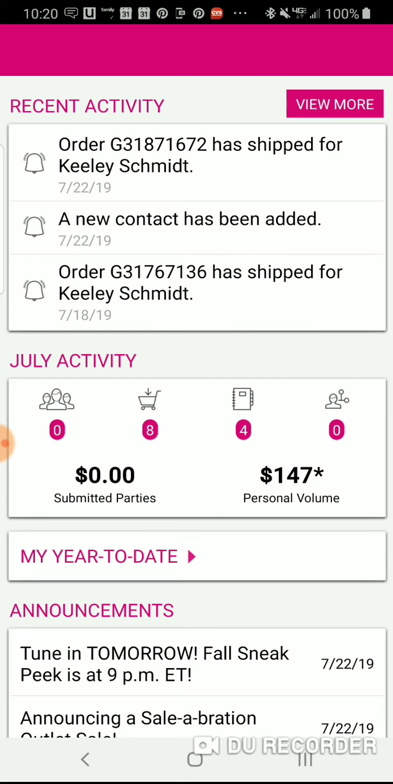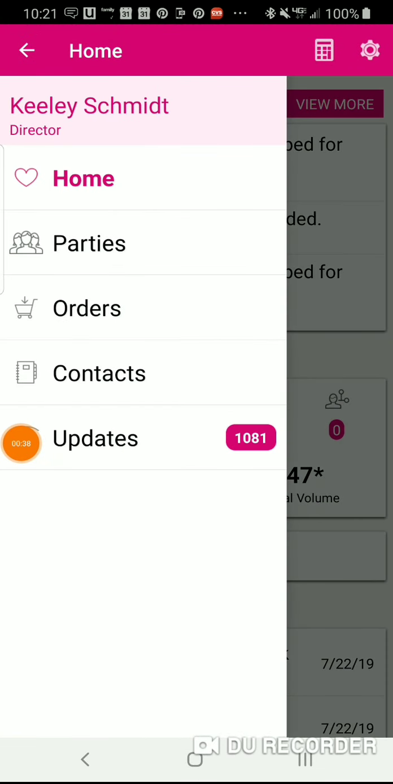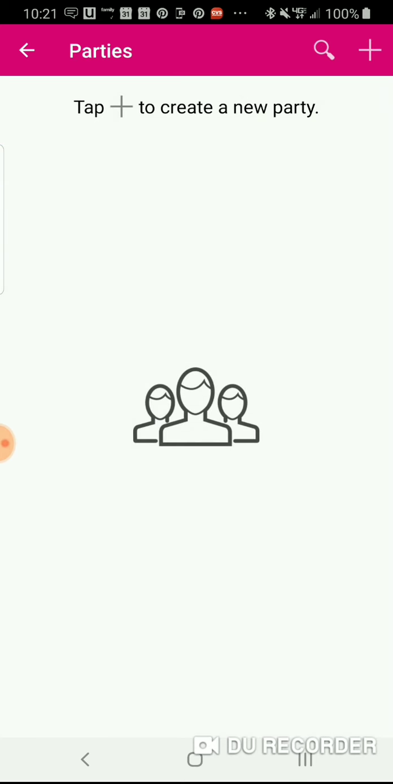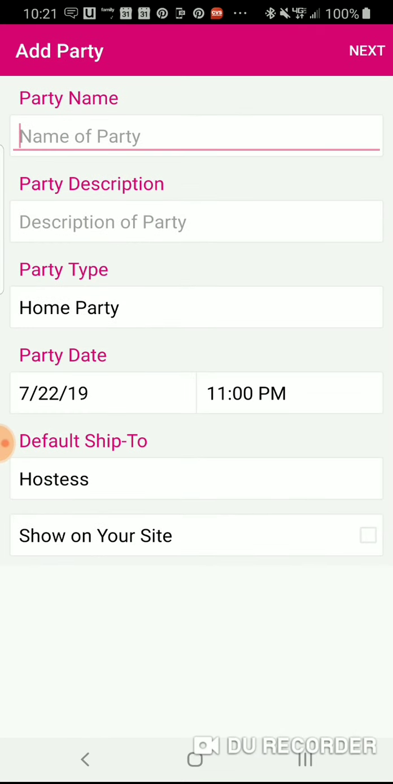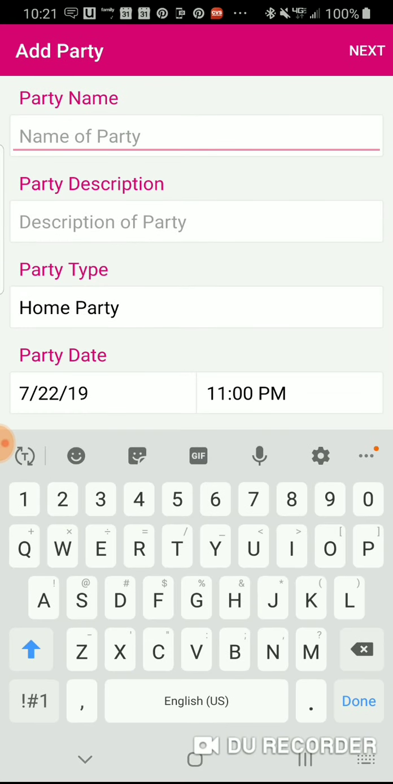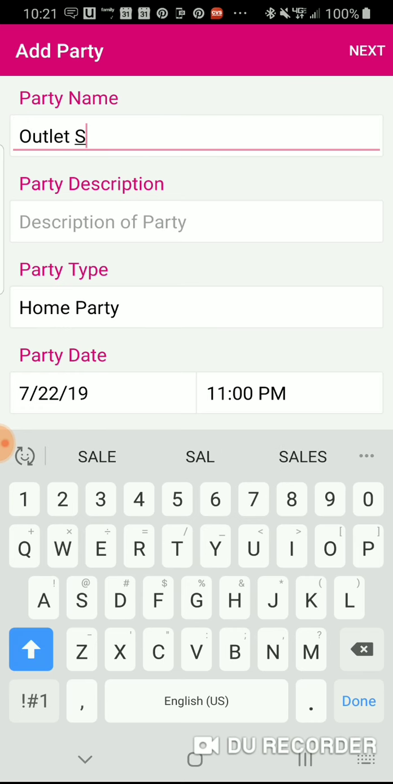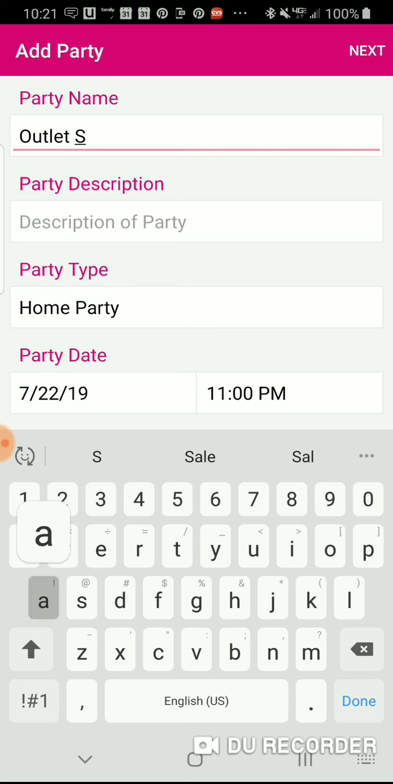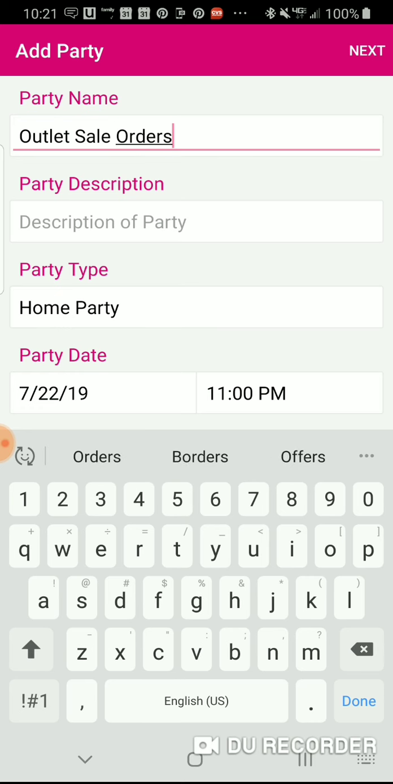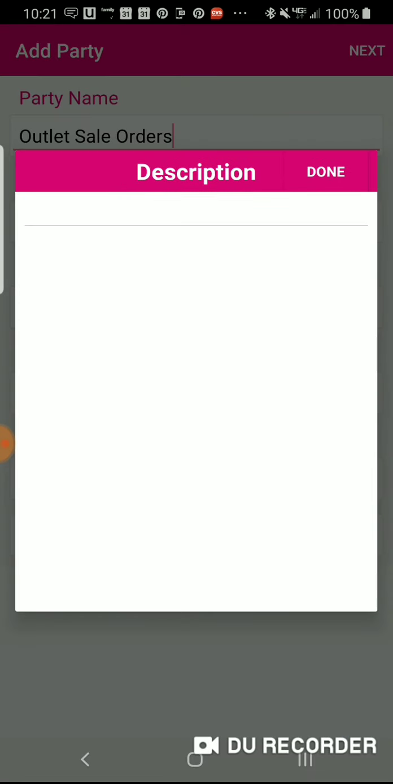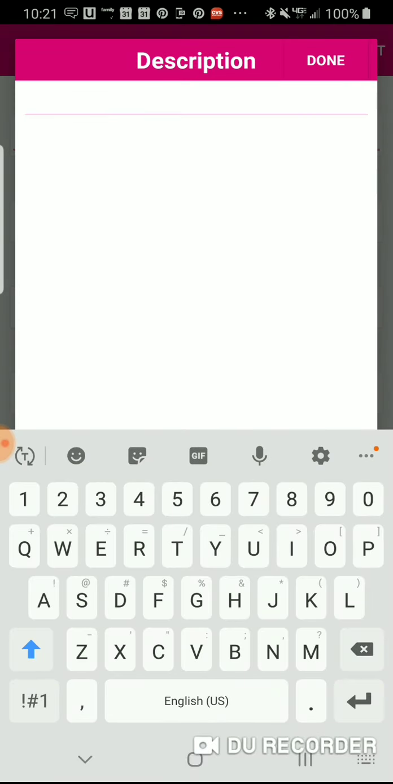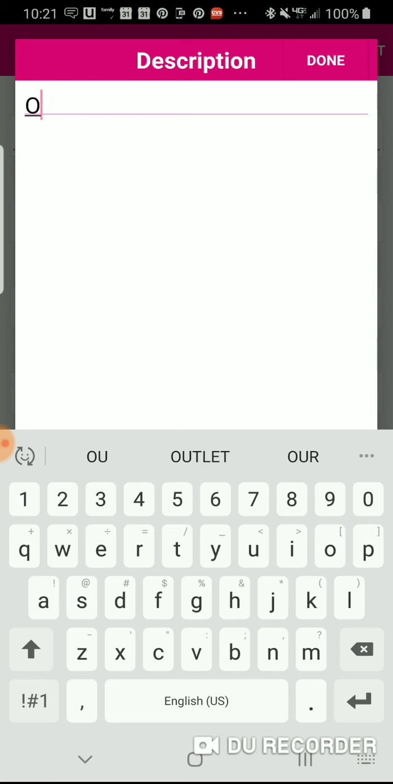So I went in through the My31 app, and then click there. On the top left, the menu will come out, and you're going to select parties, and you're going to click the plus sign to create the party, and you can say outlet sale orders. I don't type well on here. I should be using my keyboard, but outlet sale orders, or if you are doing it as a mystery hostess in a VIP group, you could call it mystery hostess, and you can put in a description here of just outlet sale,